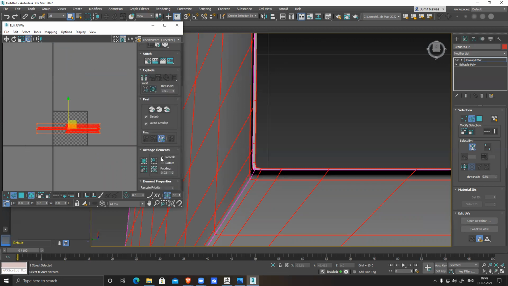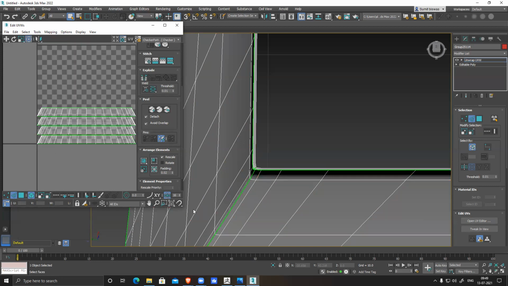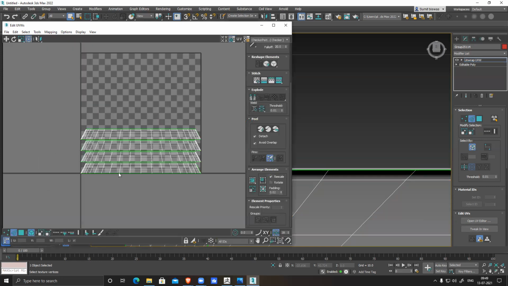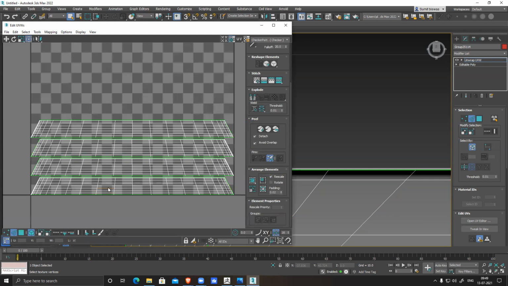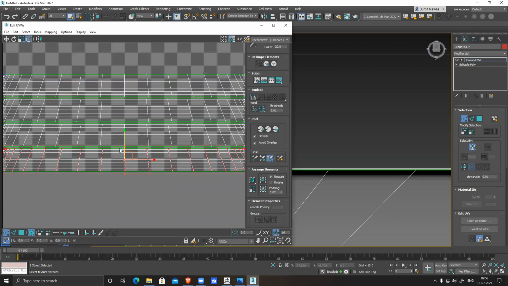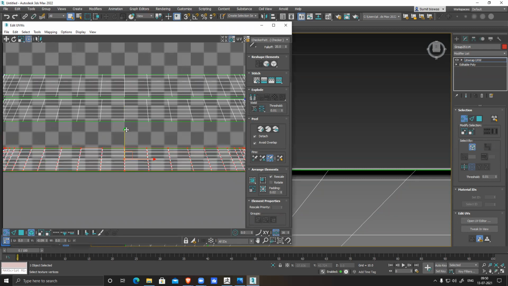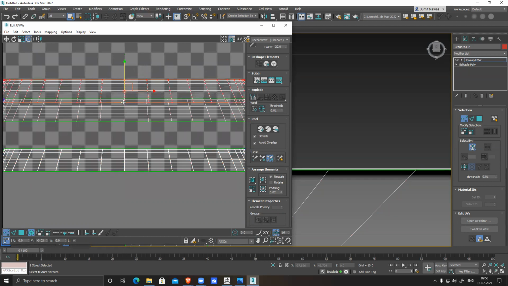Select all of them, rescale, fit them nicely. Overlap them.